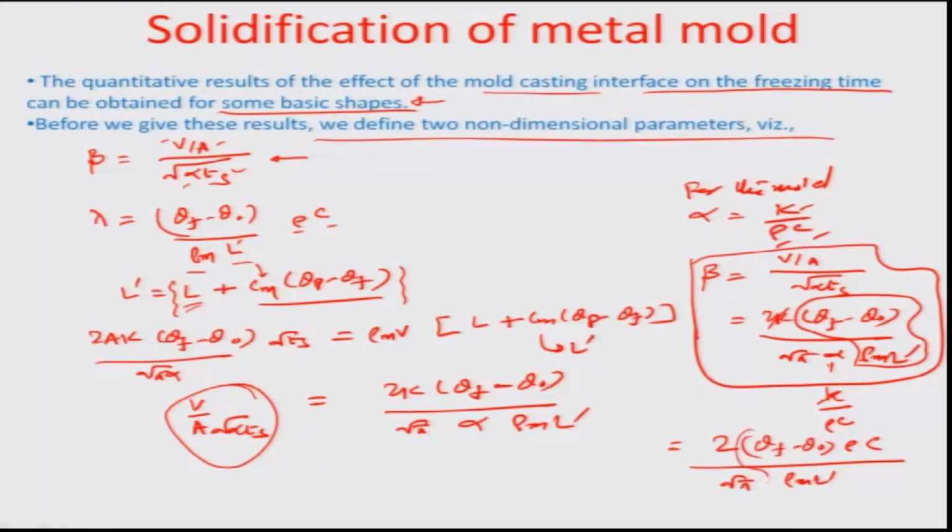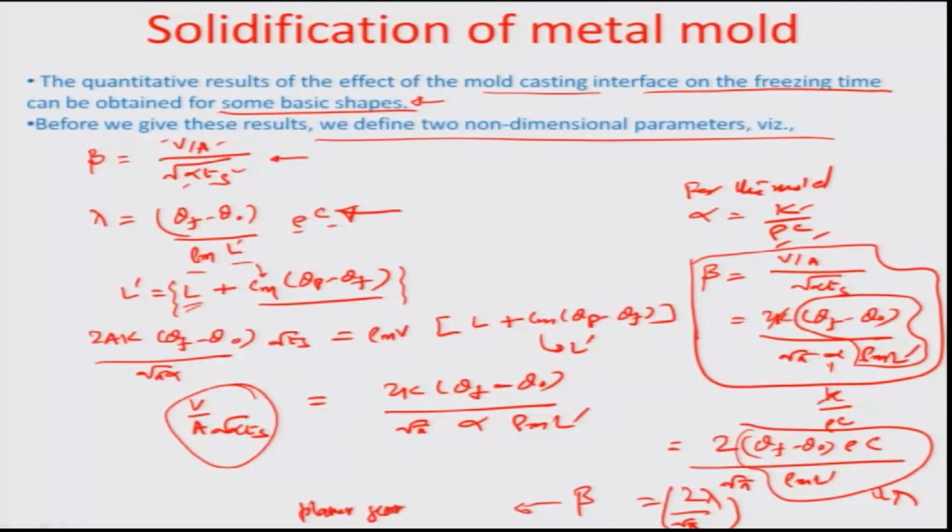So this is nothing but lambda, as you can see from this equation right here. So we have a case where beta can be defined in case of plane geometry as twice lambda by root pi. So this is in case of planar geometry,